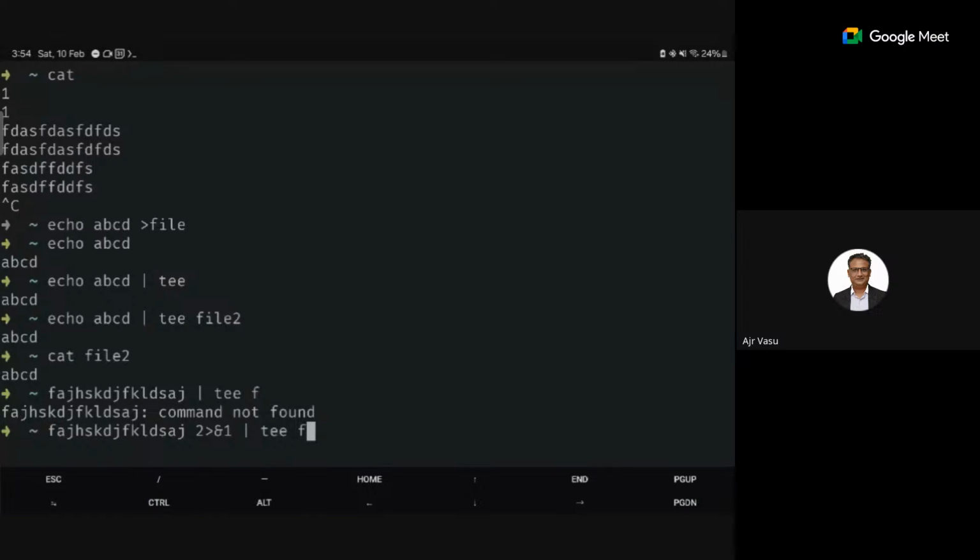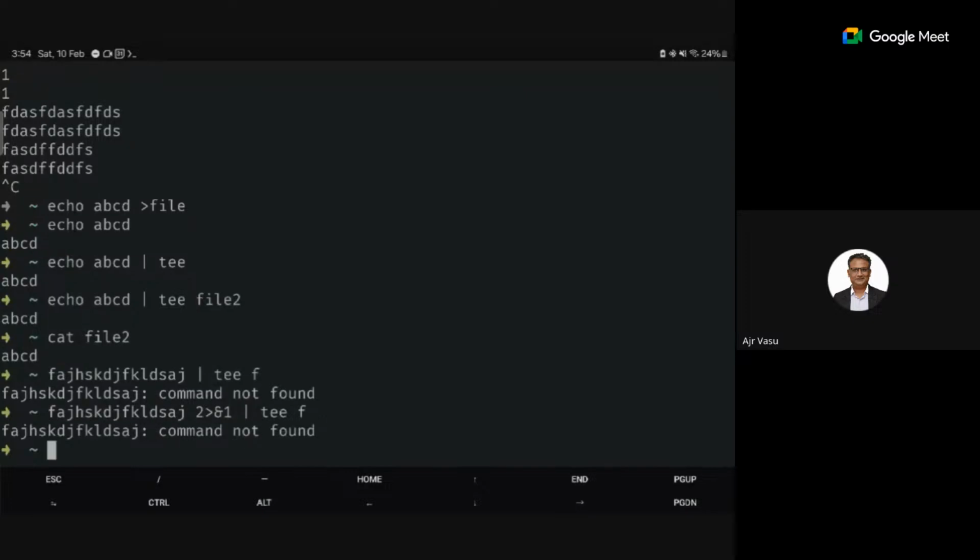The 2 stands for standard error. I am taking the standard error and putting it into standard output. This ampersand 1 refers to standard output. Correct. Now everything is standard output, because all the standard error is put into standard output.